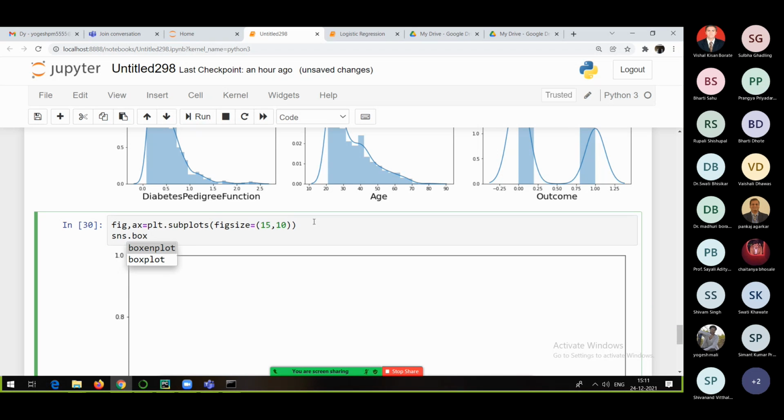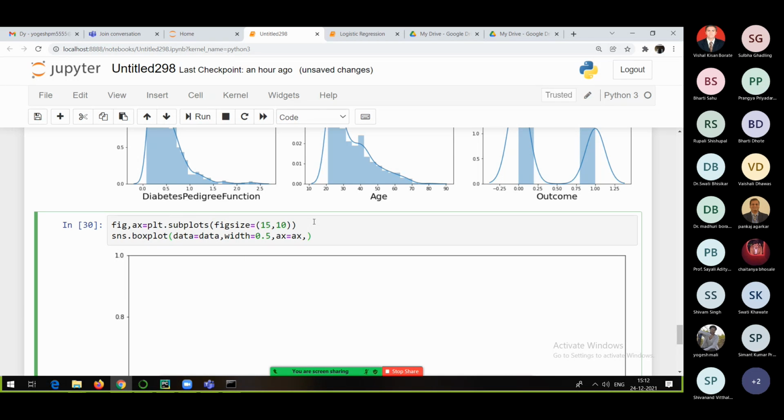This is a very important plot, everyone, which gives you a very good idea about outliers in your data. Minimum value, maximum value, 25 percentile, 50 percentile, 75 percentile, right? And minimum, maximum, that is 0 percentile and 100 percentile, and median also. So in my case, data is actually the whole data I am passing, and width, you can give anything, 0.5 I will give here, and axis I want to make use of this ax variable, right?